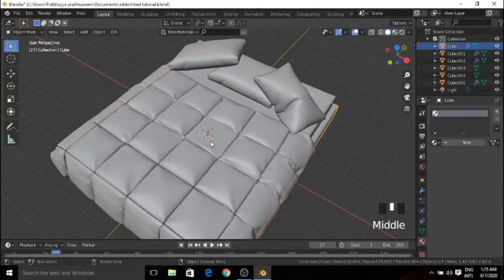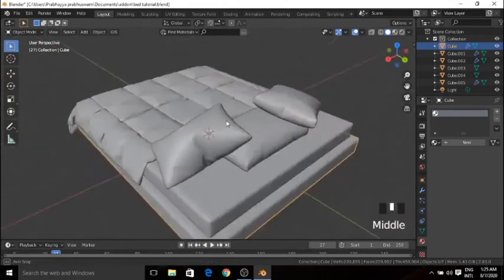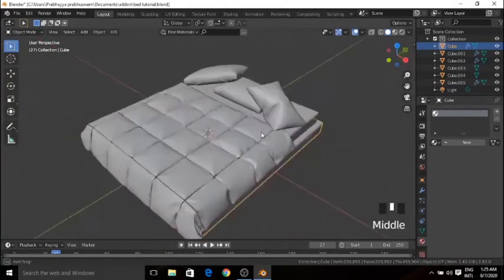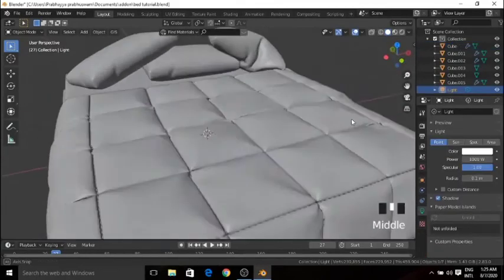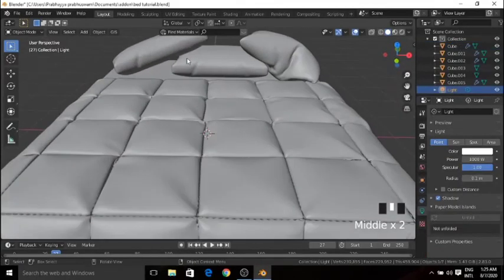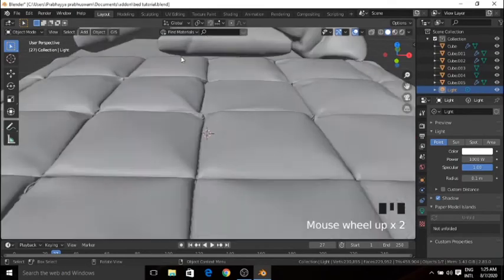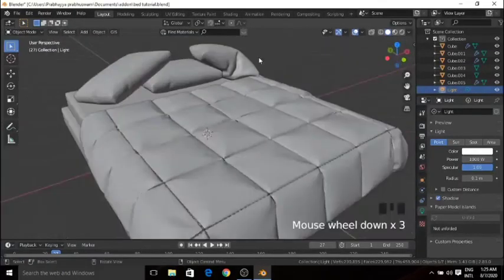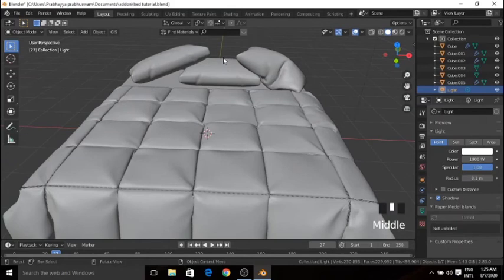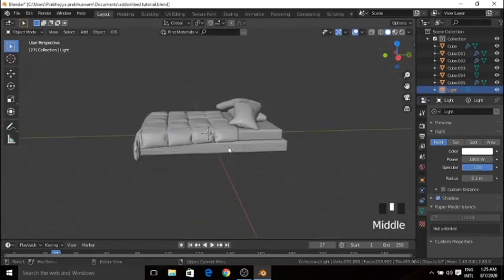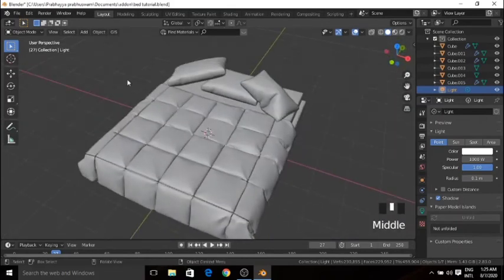So I have added in another pillow for our bed by using the same pressure method, and today we are going to texture our modern bed. There are two methods basically for texturing it, the hard way and the easy way. The easy way is simple, you can do it in 10 to 20 seconds. But today we are going to use the node system and do it the hard way so that we can